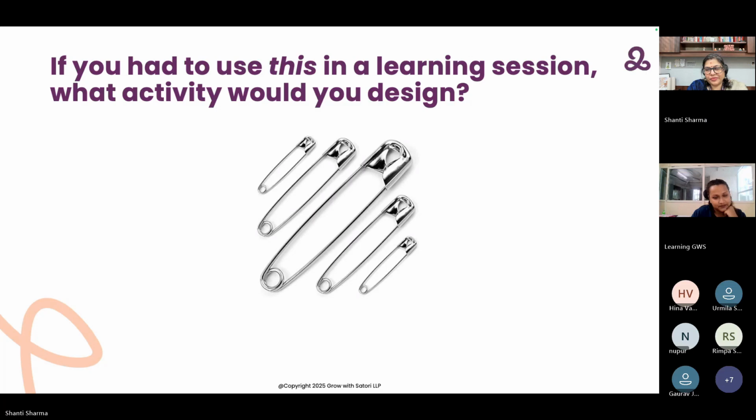Yes, Vaishnavi. Probably if it is a specific leadership team and you have pictures that represent people, policies, processes, and so on, what would you want to hold on to? Which is most important to you? You can ask them to come pick one and pin it to themselves, saying, "This is something that I'm not willing to let go of at any point in time." And then we let them talk about it, because generally we use safety pins to tie something to us so that we do not let go of those items, and that has to be with us all the time.